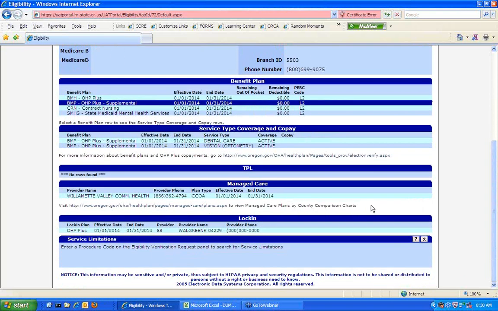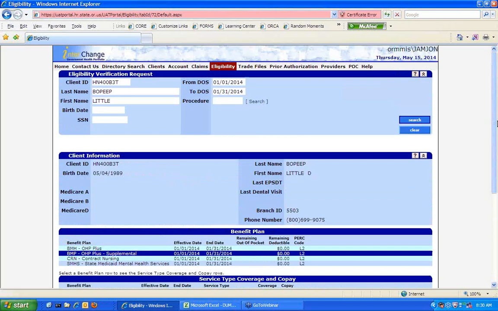And then I'm going to scroll down just a little bit so we can take a look at that lock-in information. So here, this client is locked into a specific pharmacy, and you'll be able to see that information here. So the lock-in plan, that's just under the benefit plan that they have, the effective and end date within your date range, and then you'll see the provider name, and usually you'll see a valid provider phone number there as well. So that's how you can see lock-in. All right, and that is eligibility on the Oregon Medicaid provider